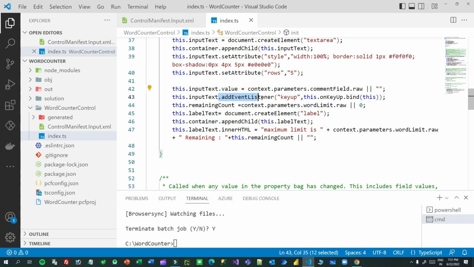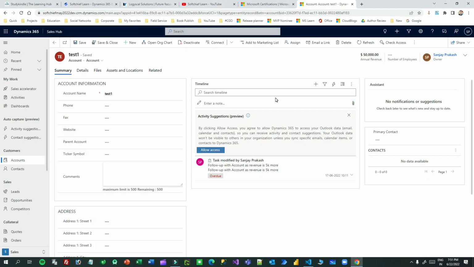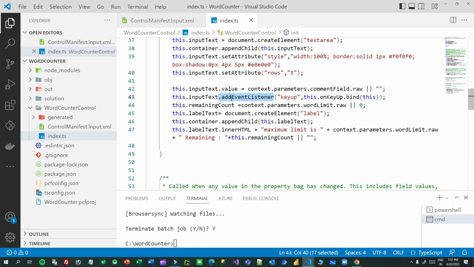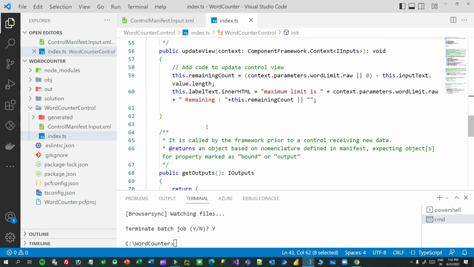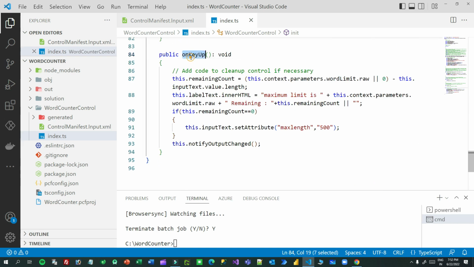Next, this.inputText addEventListener. Why am I adding this event listener? Because I want to update this label whenever someone types some character and releases the key. So whenever the key is released, it should be updated. That's why I'm calling the key up event of the input text, and I have created an onKeyUp event here, and here I am calculating the remaining count